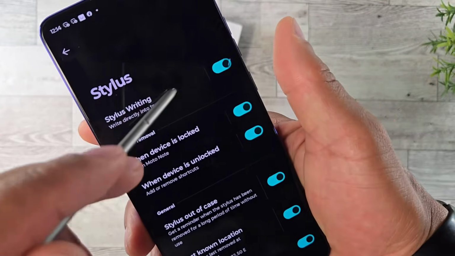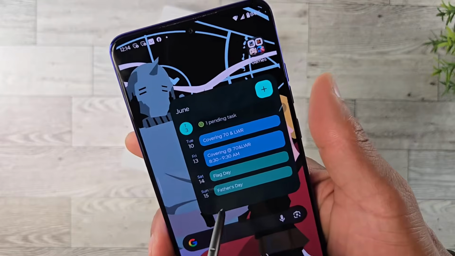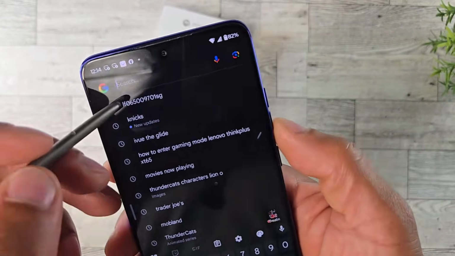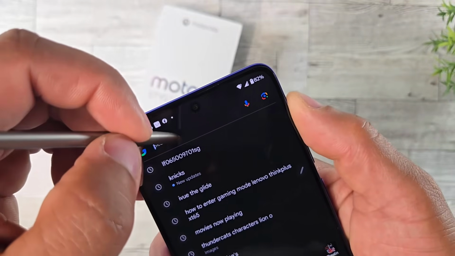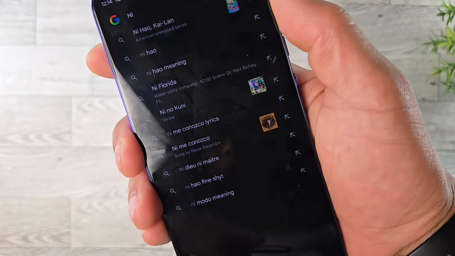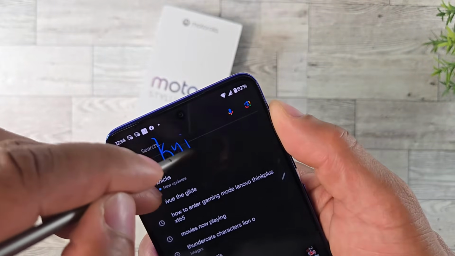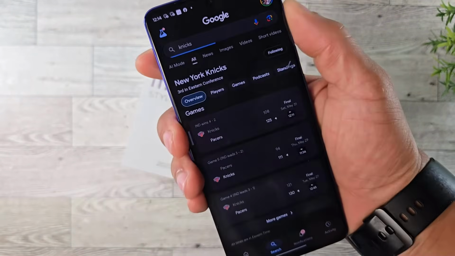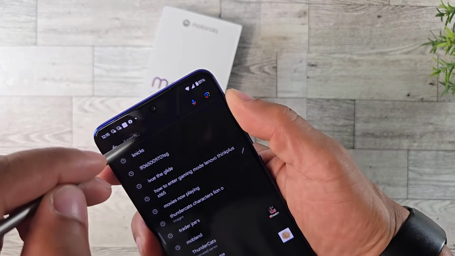Then you want to actually activate stylus writing. So stylus writing is cool because you can use the pen to actually start to search things. So let's say I have the search box open. As soon as you write inside of the search box, it's going to basically work like a pen. So let me just type something. The first time you do it, it actually is slow to respond, but then after that, it'll be pretty fast. So I'm just typing next, hit the search button, and now I can basically search things in here with the pen. So Moto